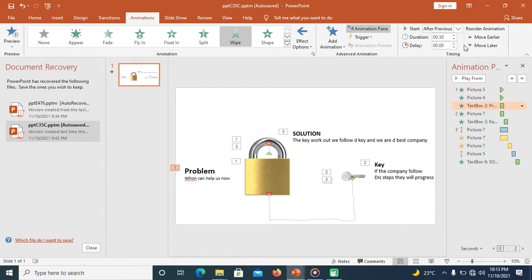Look, there are 3 animations: on click, with previous, and after previous. It's only this guy that is on click. When you click it, it comes, but this guy follows it with previous, and this guy is after previous. First of all wait for the on click and the with previous, which is these two. First let this guy come into the scene before you come into the scene.